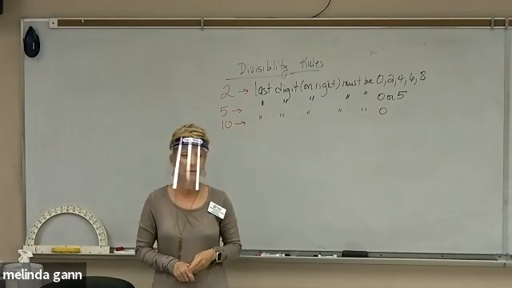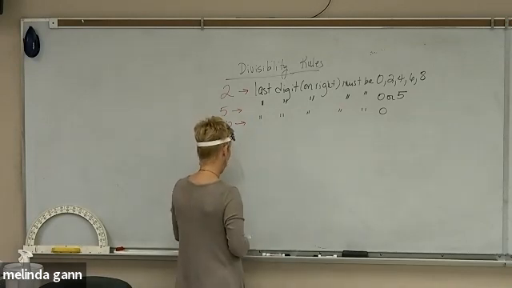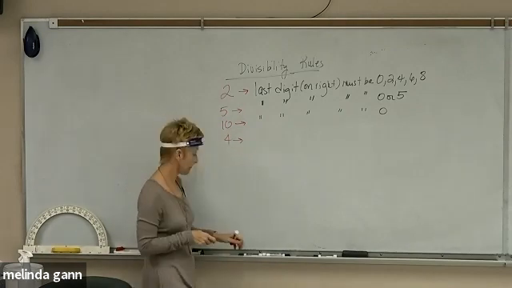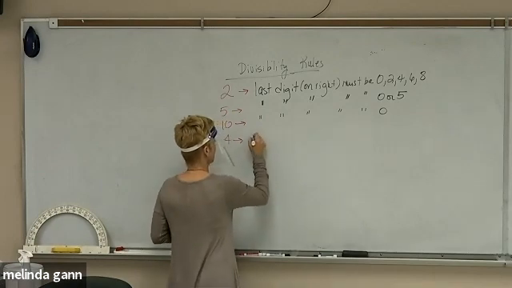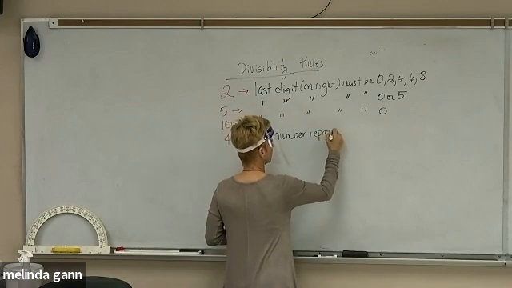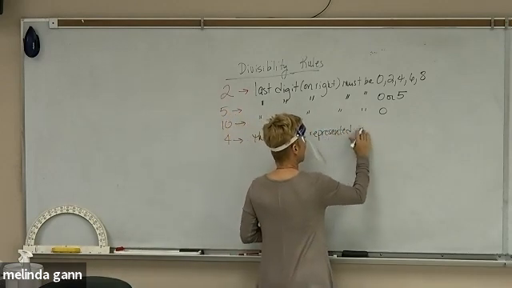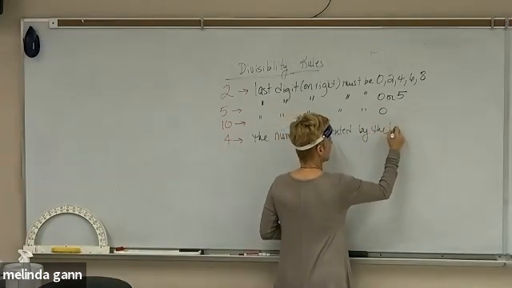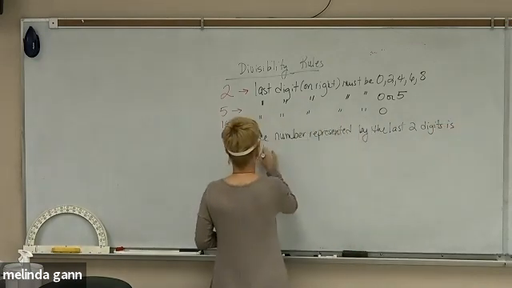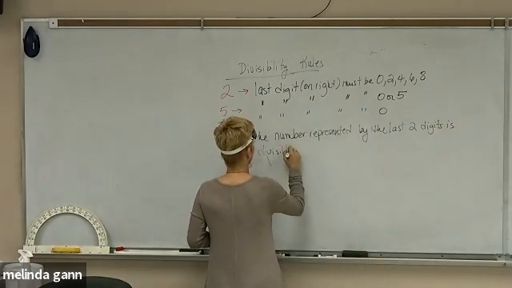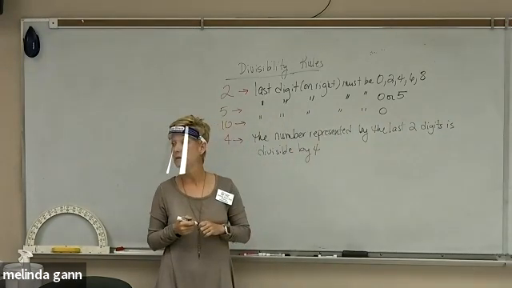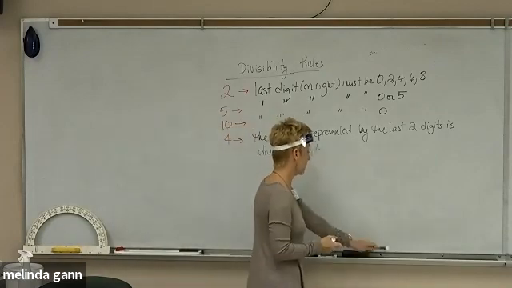All right. Does anybody know how to tell if a number is divisible by 4? The number represented by the last 2 digits is divisible by 4. Now remember, what is divisible by mean? The remainder would be what? 0. So if I had this number,